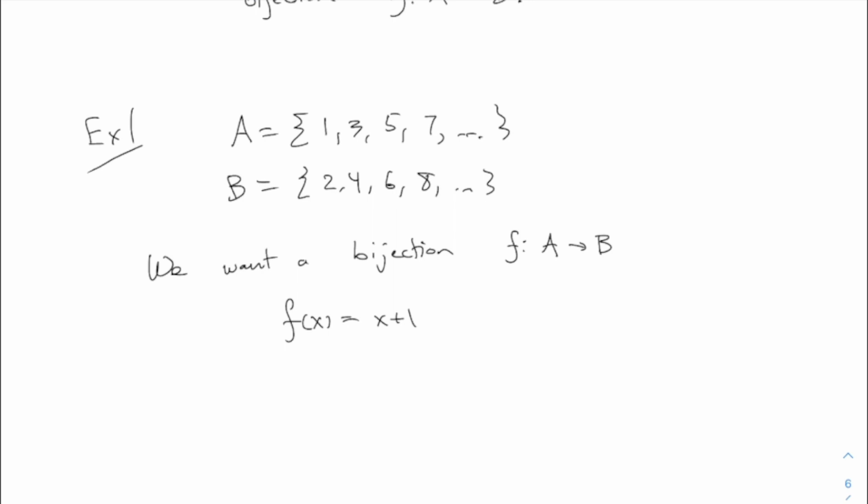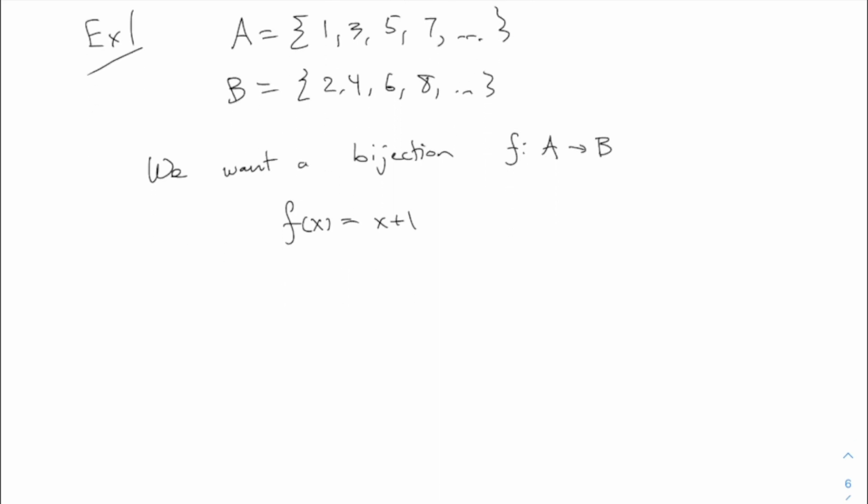Probably you remember that a function is a bijection if and only if it has an inverse function, and this does have an inverse function. You can go back the other way by subtracting 1, right? Plus 1 or minus 1. All right, so the set of even numbers and the set of odd numbers, there's the same amount. That seems pretty obvious to me, actually.